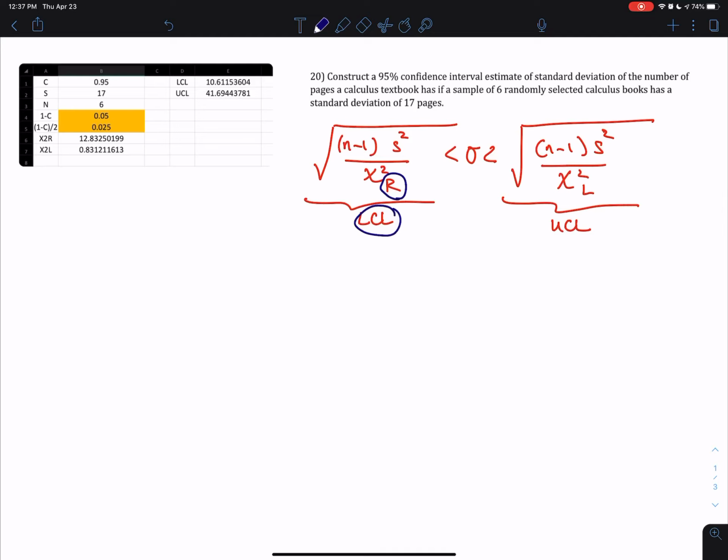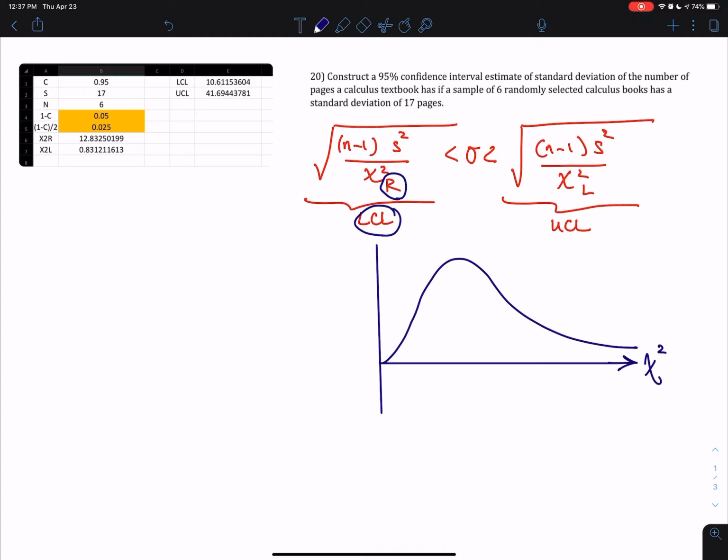You want the left side to be smaller, so obviously you have to divide by the larger number. So therefore, the larger value goes on the left. And remember, if you're drawing the chi-square distribution, that's your chi-square axis, and that's your probability axis, and that's 0. Now, if you're doing a chi-square distribution, guys, as you recall, chi-square left is the value there,